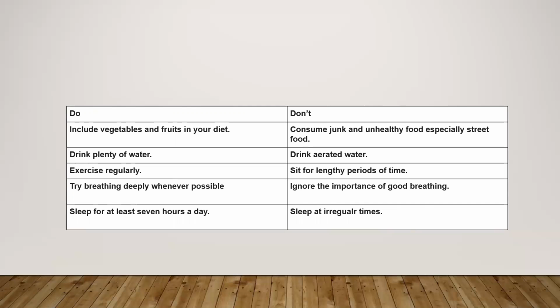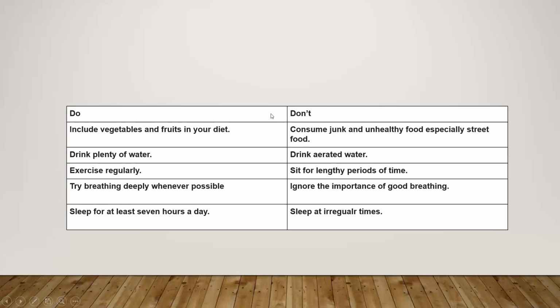So you can write it in the comparative form कि you should include vegetable and fruits in your diet and you should avoid consuming junk and unhealthy food, especially the street food. Otherwise you can write include vegetables in your diet, also you should drink plenty of water and exercise regularly. But when you compare and write, it looks in a much better way. So let us see